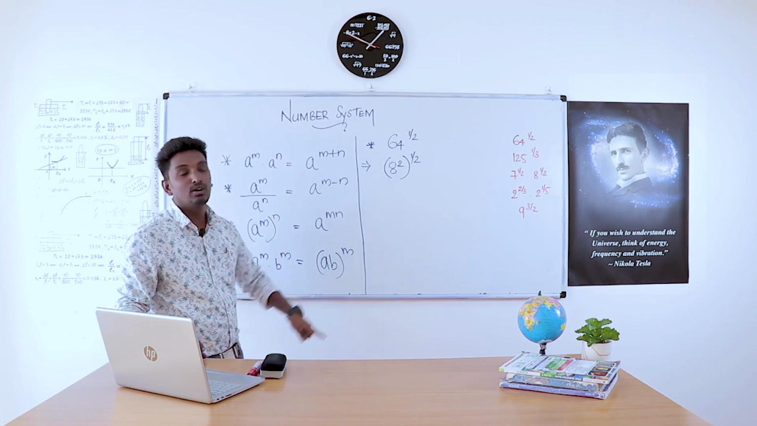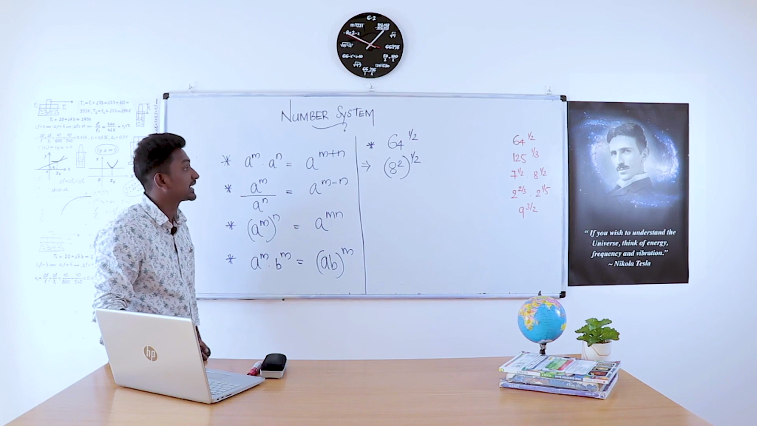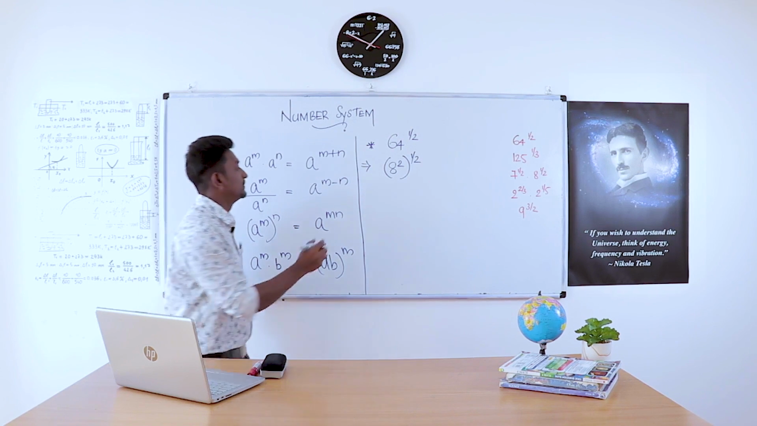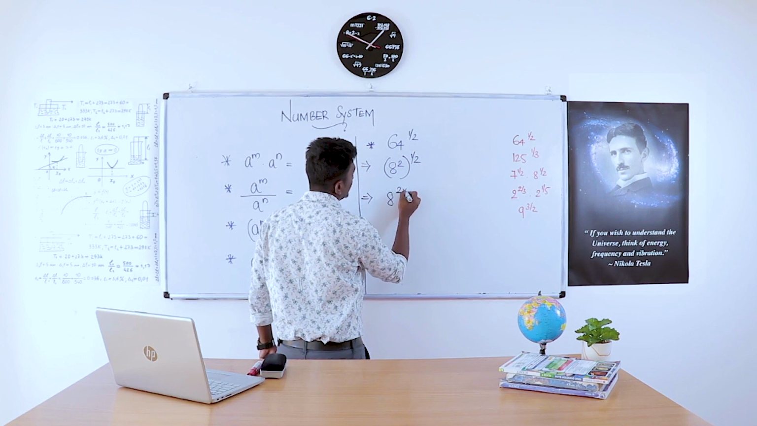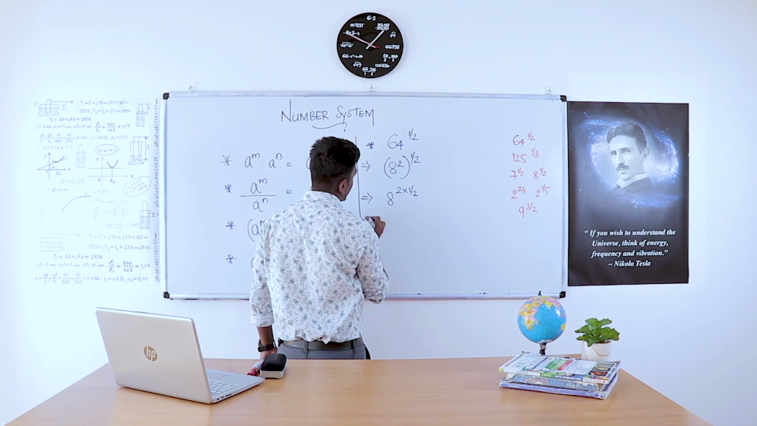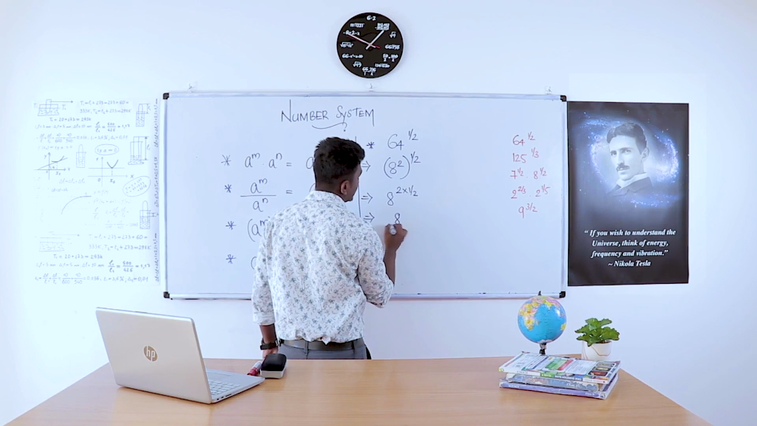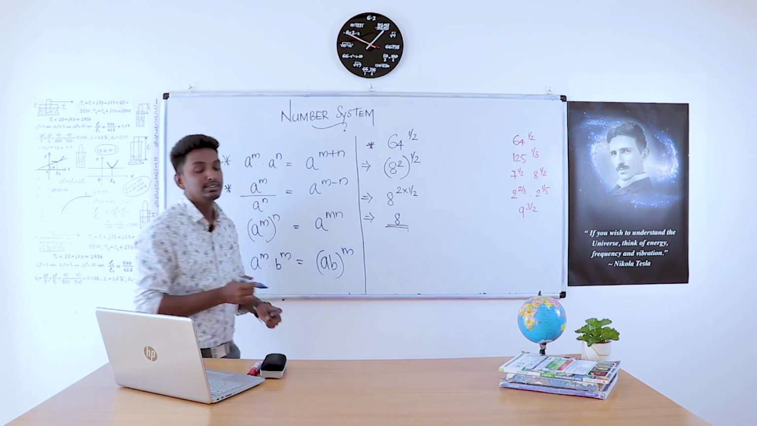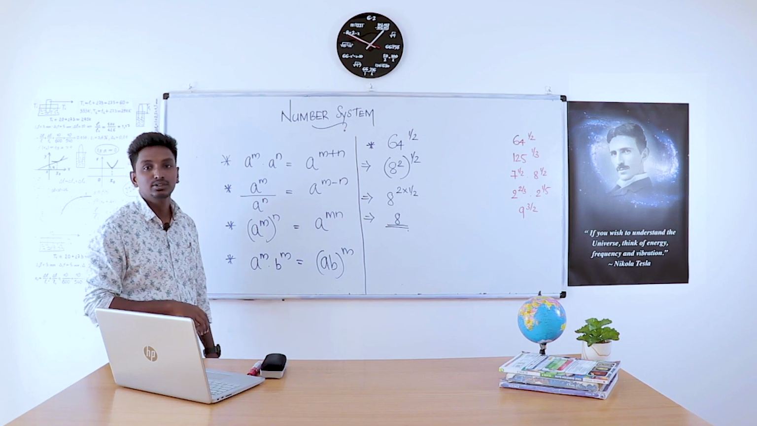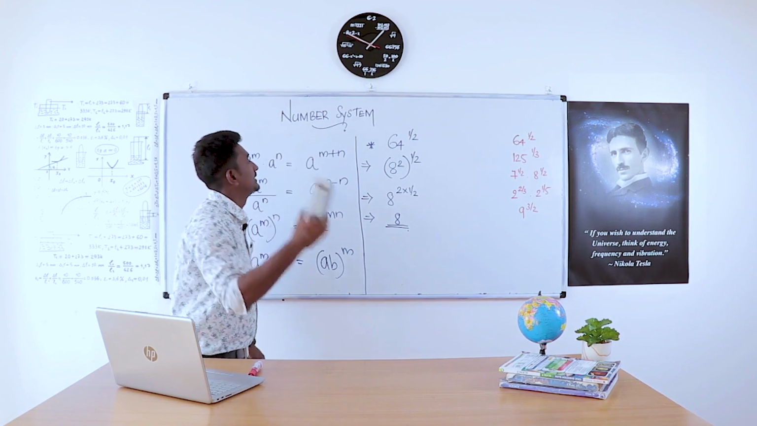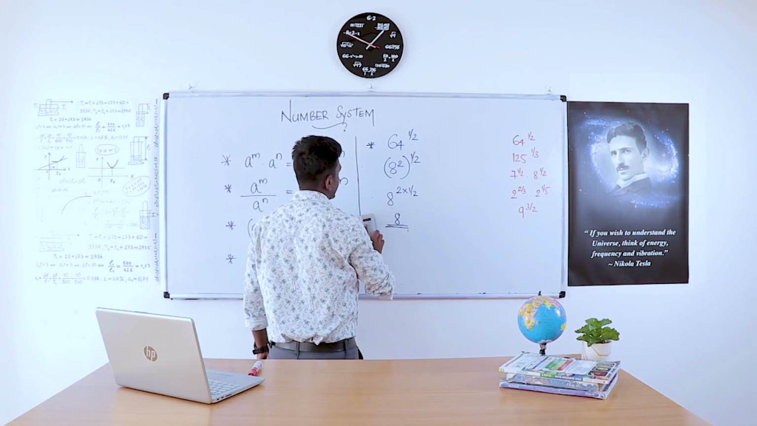Therefore, 8 square the whole raised to 1 by 2 can be written as 8 raised to 2 into 1 by 2. 2 into 1 by 2 is 1. Therefore, the final answer is 8. 64 raised to 1 by 2 is 8. You got it? Then, our next question is